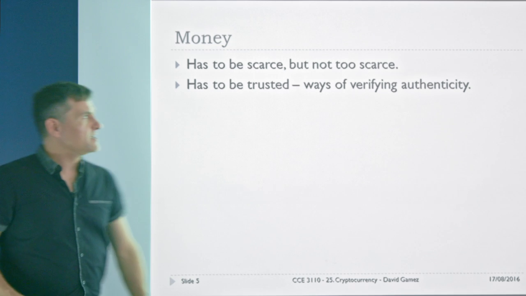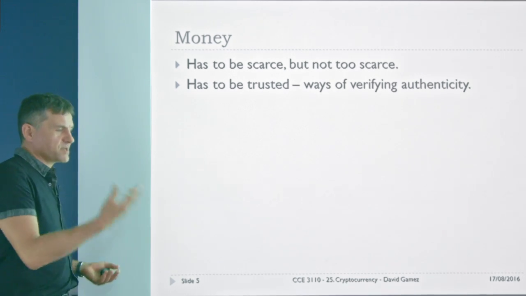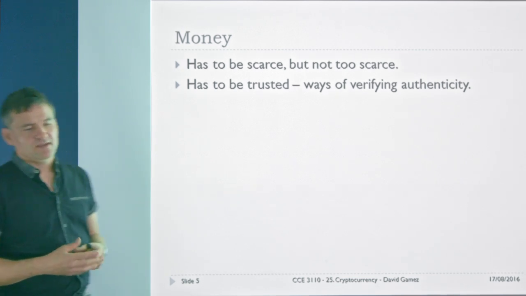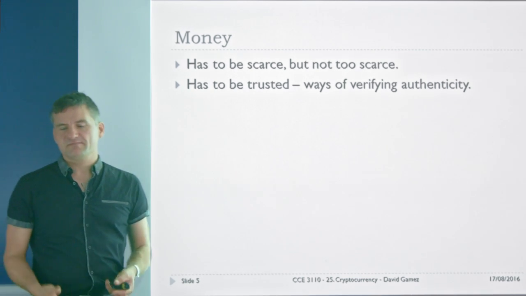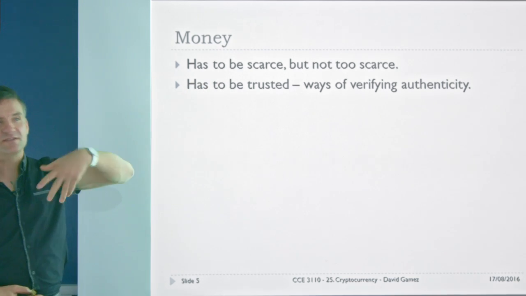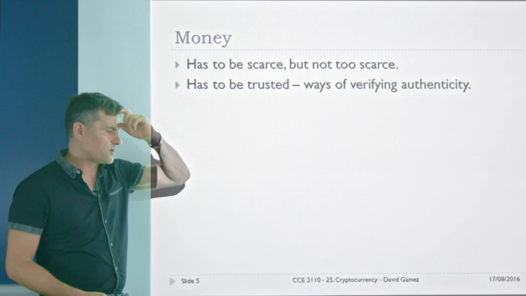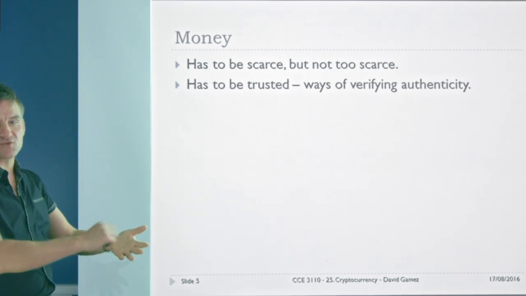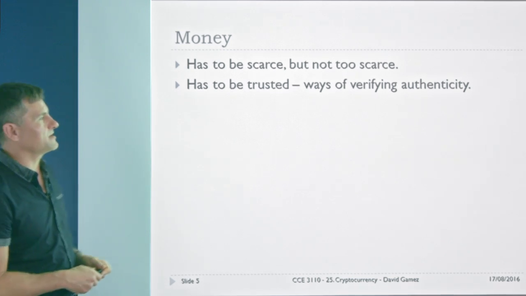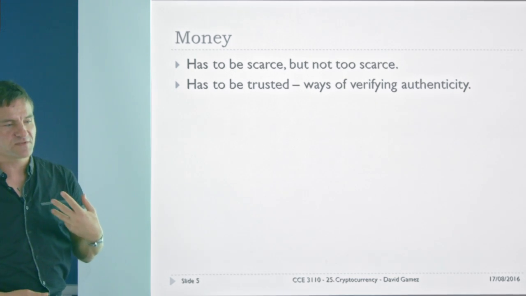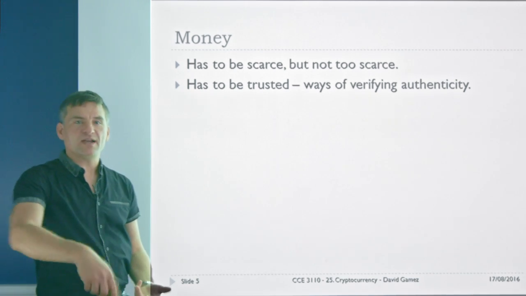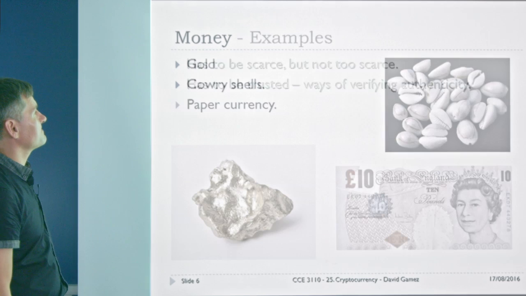So, crucial features of money: it has to be scarce but not too scarce. If there's too much of it, you get problems with inflation, which I'll talk about. And it has to be trusted, right? If I buy the shoes and give this man a pile of sand or whatever, that's the problem: it's not scarce enough, because he could just go off and get a pile of sand from the beach. Or if I give him some notes that I've drawn by hand myself, how does he check or establish the authenticity of that? What I give him in exchange for the shoes, he needs to be able to give to someone else in exchange for something else. So it has to be generally trusted by everyone who's using the currency.